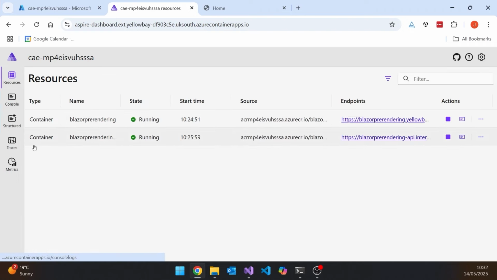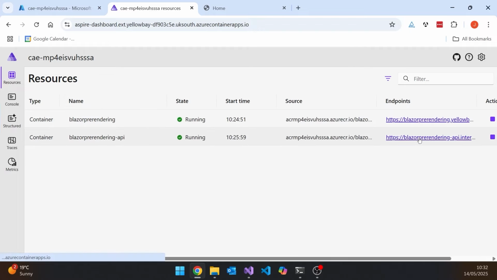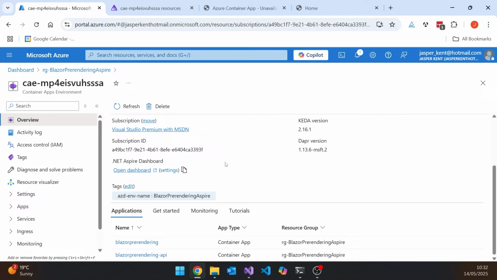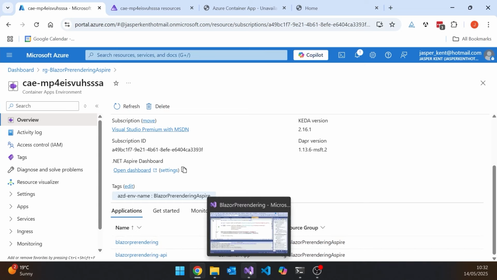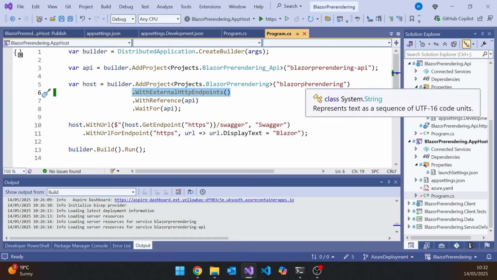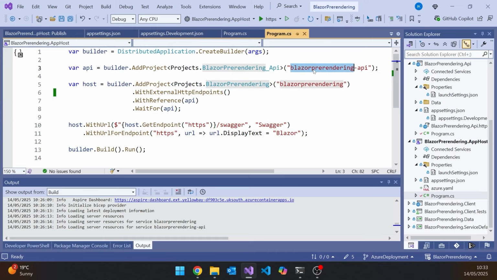But the thing we can't do is if we go to the API and I click on the link for that, then we're getting this strange thing, the container app is stopped or does not exist. So that's the thing about this idea of the container apps environment. It contains both the Blazor pre-rendering and the Blazor pre-rendering API. But because, again, back in the code, we only did the with external HTTP endpoints for the front end, the back end remains hidden,